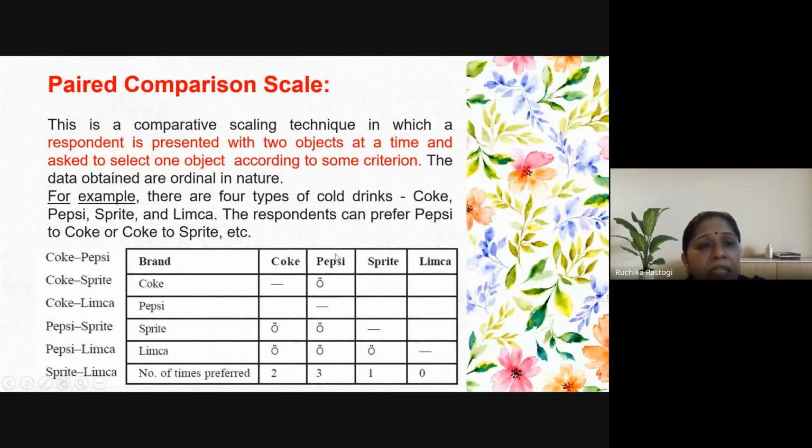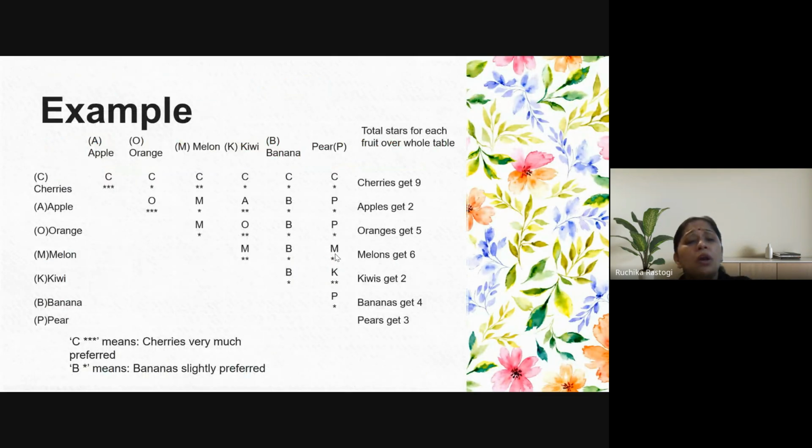So it's a very easy one, the paired comparison scale. Even in a very small part of your research, if some part of the research involves comparing two characteristics, that is, which characteristic or quality you liked, maybe battery is liked more as compared to the outer look of the mobile phone, this could be done with the help of a paired comparison scale. Now, I have taken one more example here.